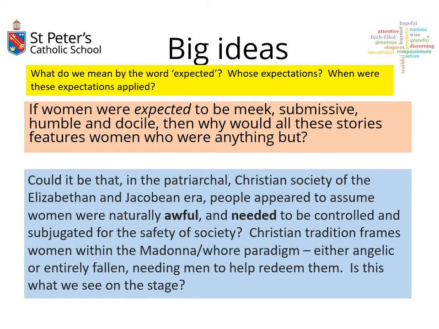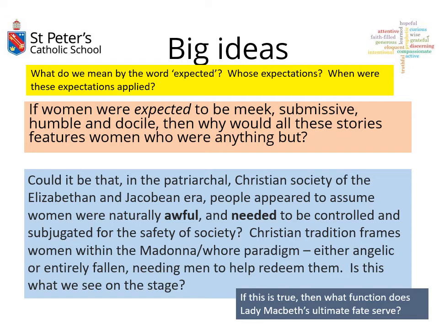So rather than seeing Lady Macbeth as this shocking character who no one could have expected, what we could actually see is Shakespeare's just showing us another cautionary tale. So rather than Lady Macbeth being this monstrous freak of nature who is unthinkable, he presents her as an ambitious woman who is given an opportunity. And that is to some extent a lot scarier, because that is also a lot more common. So if it is true that actually most of society was constantly on the lookout for women to not behave, and I think we can see that even today, then Lady Macbeth's ultimate fate, where she kills herself, you could argue is a warning